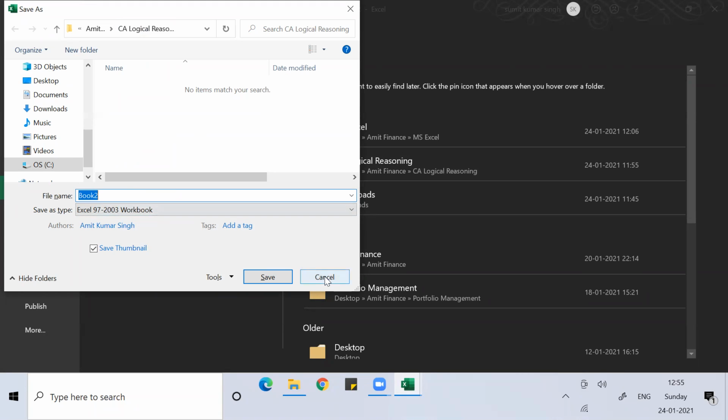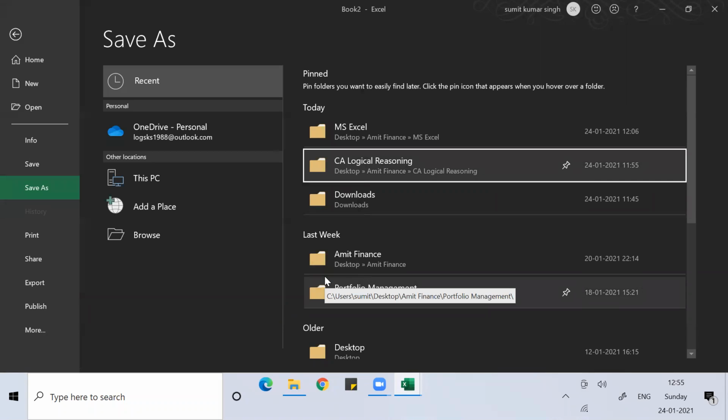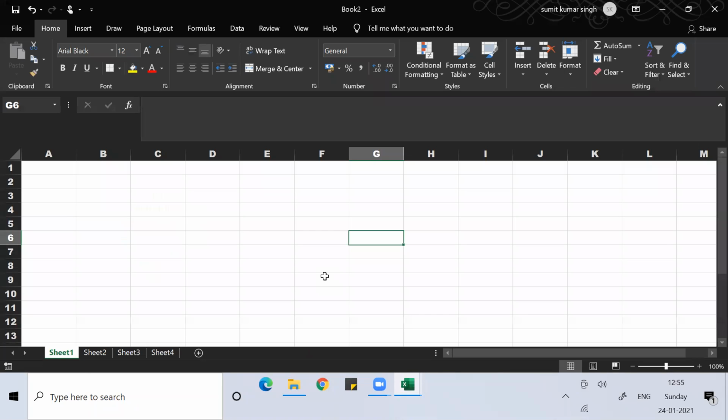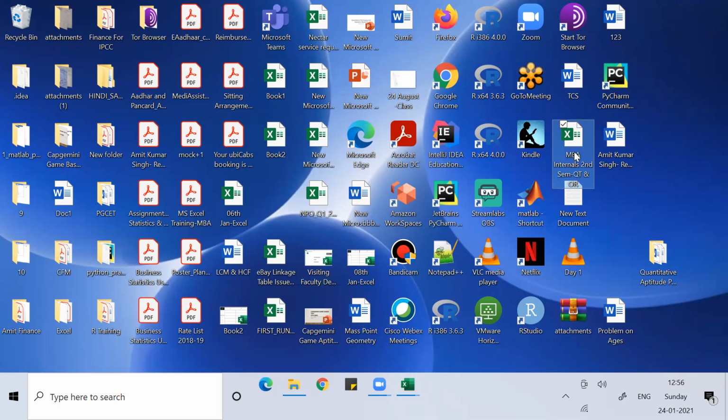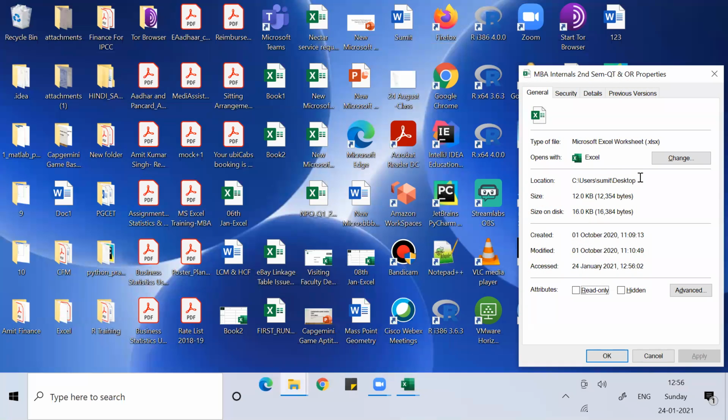Then you can check the properties. If you right click and go to Properties, a normal Excel workbook is saved in .xlsx format. But if you save in 97-2003 workbook format, it will get saved as .xls format.